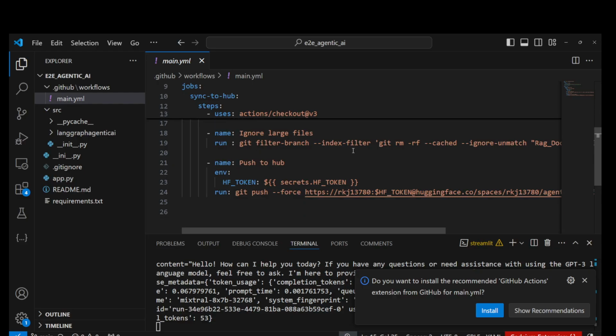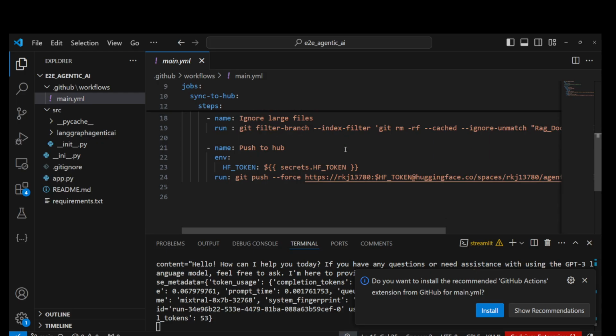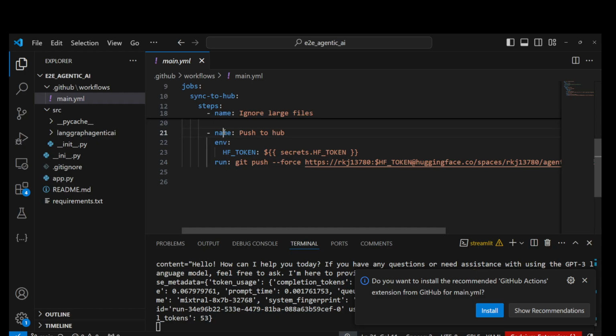And these are the other settings, like ignoring large files. This is another action in these steps. It has to push to the hub, and this is a very important thing. Here in these steps, we have one environment, and in the environment we are setting up the Hugging Face token,